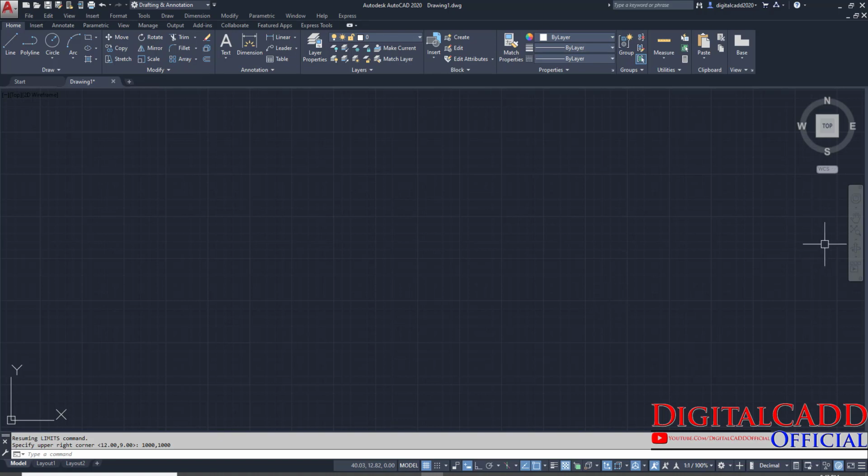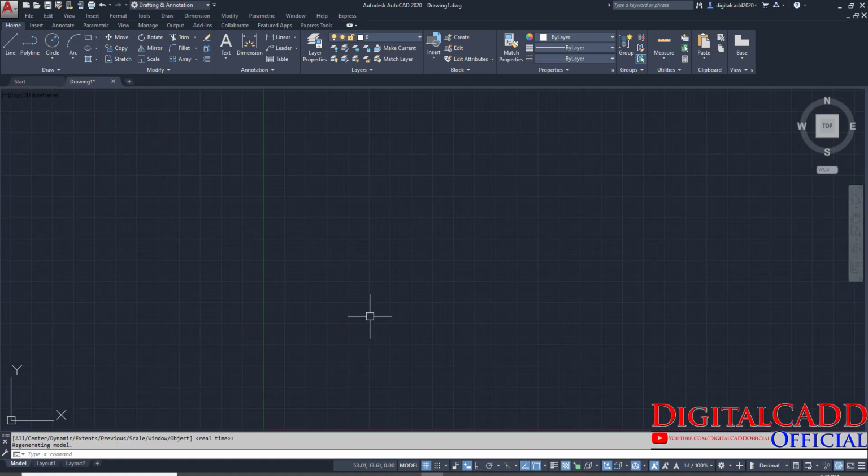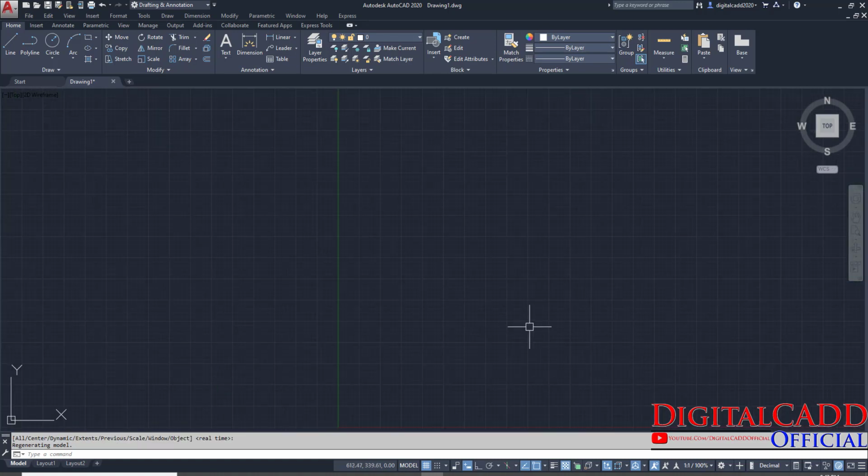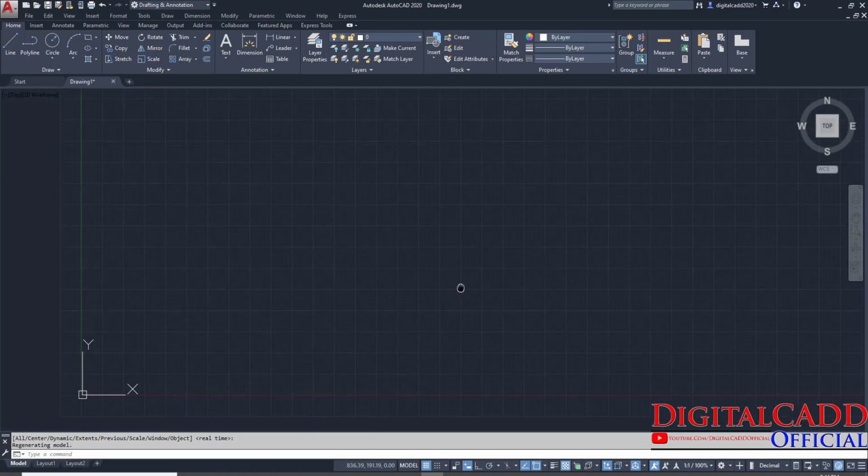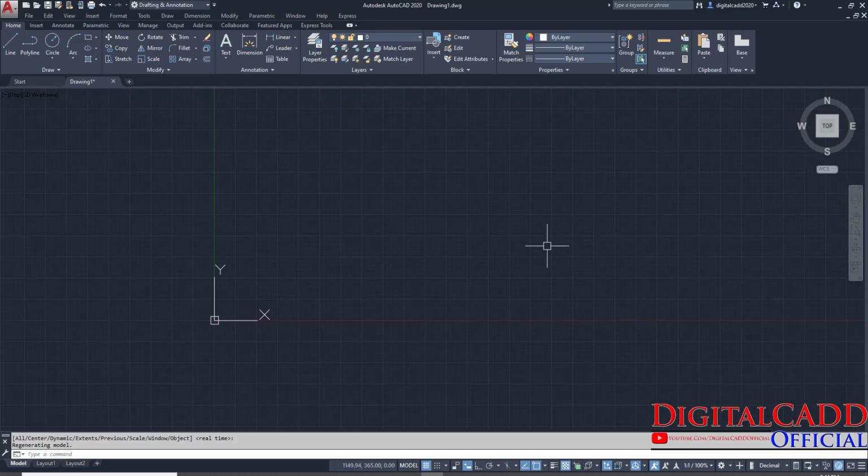Now one more thing, we have to click on this button here, Zoom All. That is very important. Whatever value you have saved in your limits will come in front of you, and here we can work with our limits.